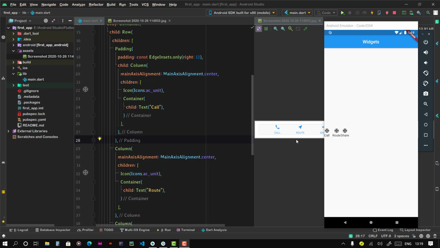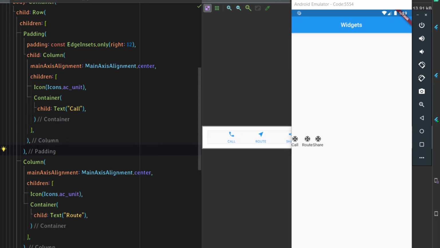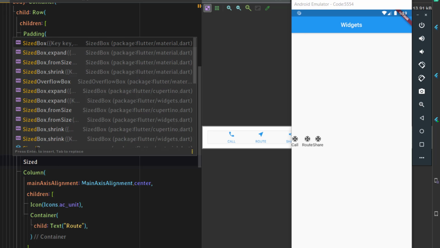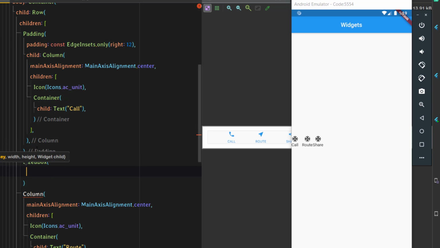Now if I want to do this padding part using a sized box, this time we are not going to wrap this column widget, rather we are going to add sized widget as one of the children of the main row. Sized box can have 3 parameters, that is maybe a image that we can add, or a child itself, and one more is height, and the other one is width. Now as we are aligning all this horizontally, we can add the width parameter. If I add width and a double value of maybe 16 and save this,